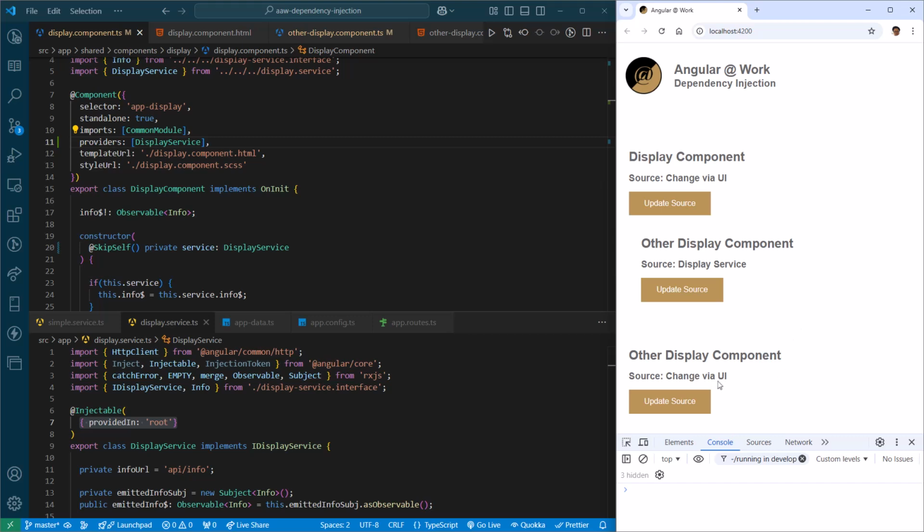Did you expect that? The state of both sibling components has been changed. That means that both of these components, both the sibling components, are using the root level registration of display service. Display component is using the root level instance of display service